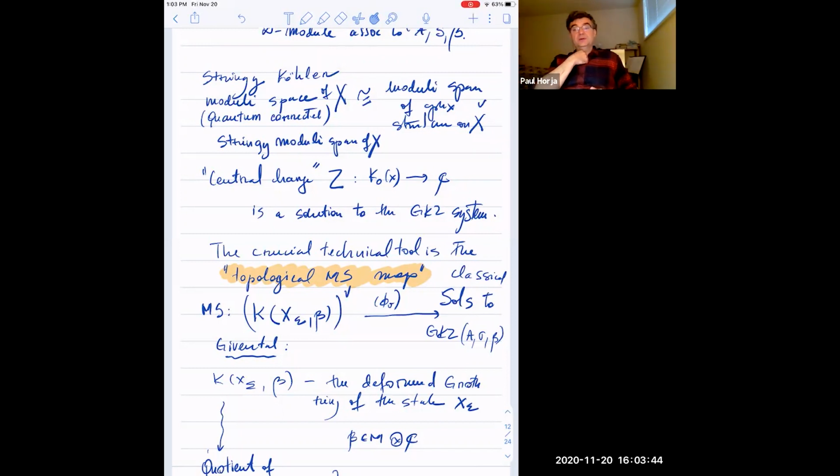And the crucial technical tool, as far as I'm concerned, if you want to draw the direct link between the two sides, other than identifying, as we usually do in homological mirror symmetry,